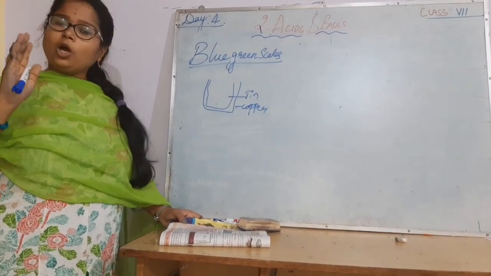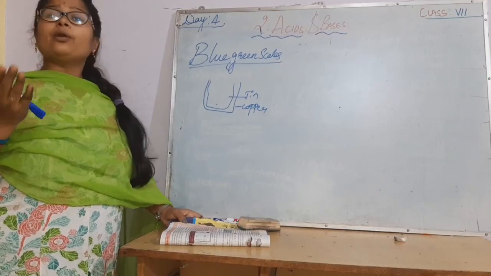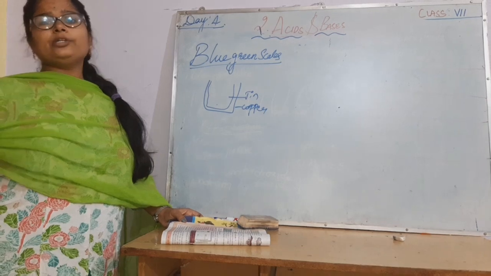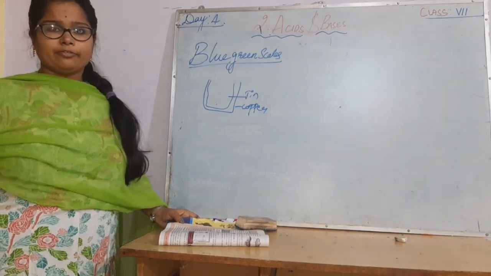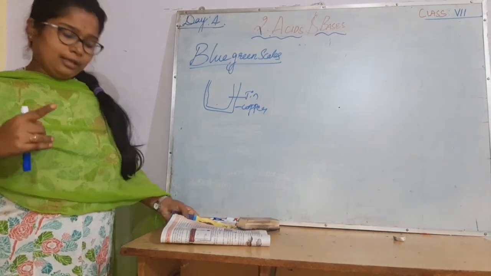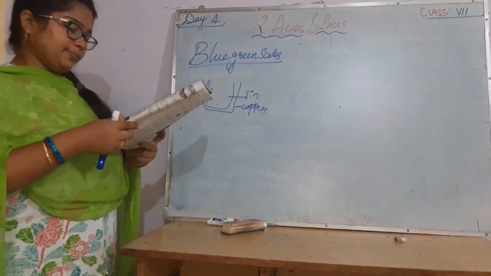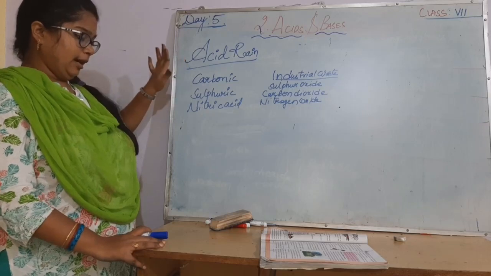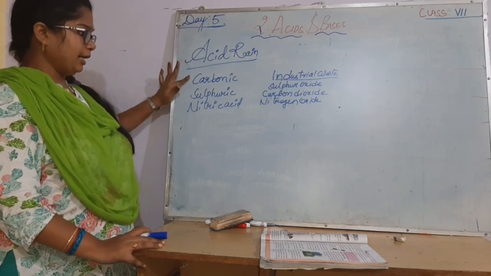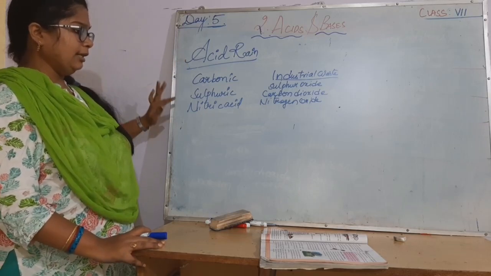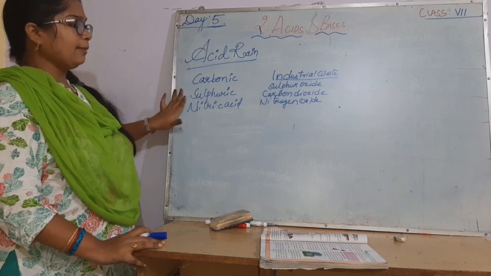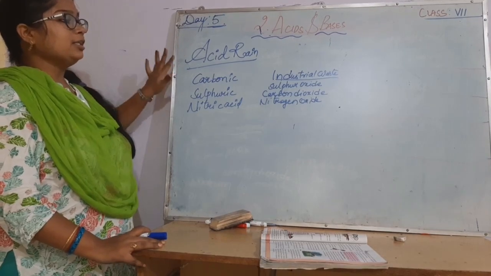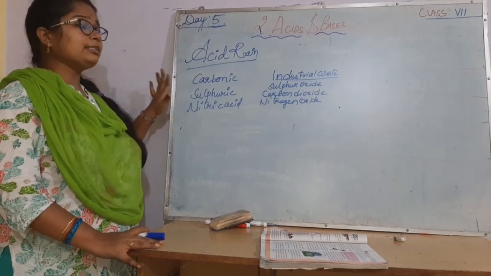So remember, copper, these are all very good, but only some. When you listen to something, I said already, science is something which relates to your life. So you're supposed to connect it to your life. Next, acid rains. Acid rains are a combination of carbonic acid, sulfuric acid and nitric acid. These three combined form what? Acid rains. So from where are you going to get these acid rains?